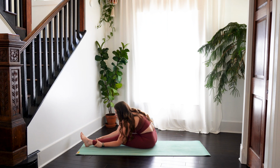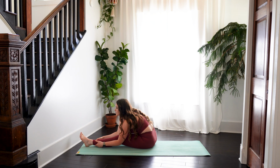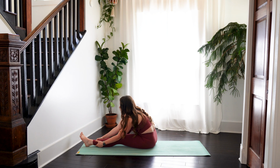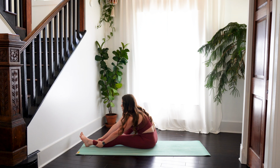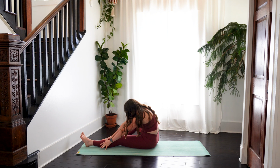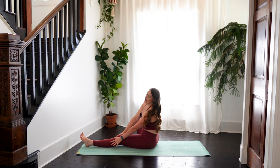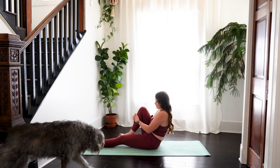Refinding that breath. With an inhale, we'll lengthen out through the top of the head. Exhale, hinging forward, softening into that space. We'll ragdoll our way back up, slowly rolling up the spine, lifting head and neck last. We'll grab for our right leg, hug it into the chest as we roll